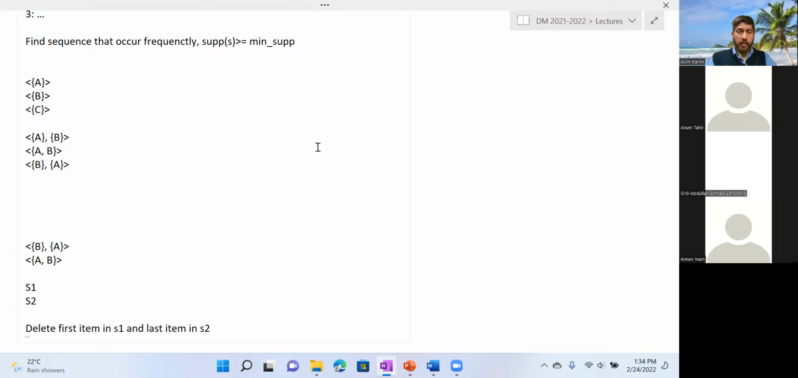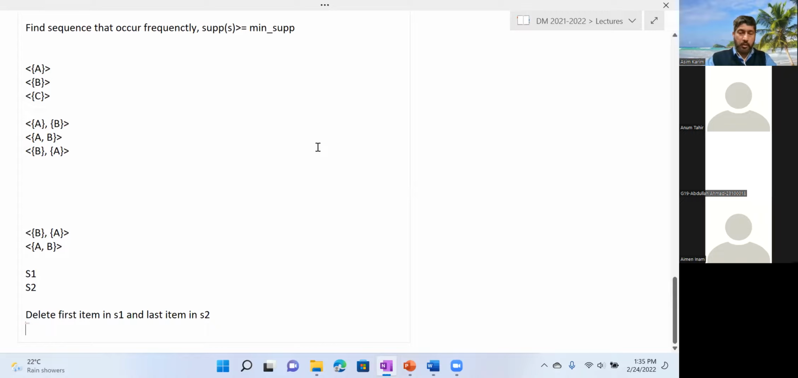If what is remaining is exactly the same, meaning that if you remove the first item from S1 and you remove the last item from S2, and you get the same sequence after that, then they can be joined. And the new sequence, let's say S3, will be